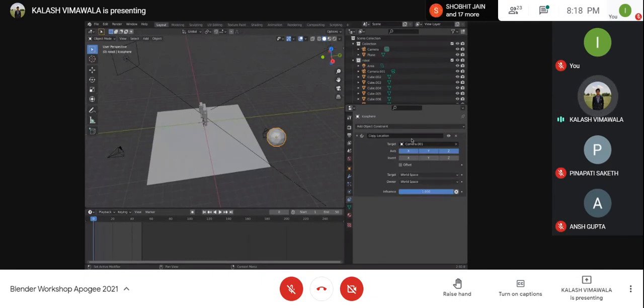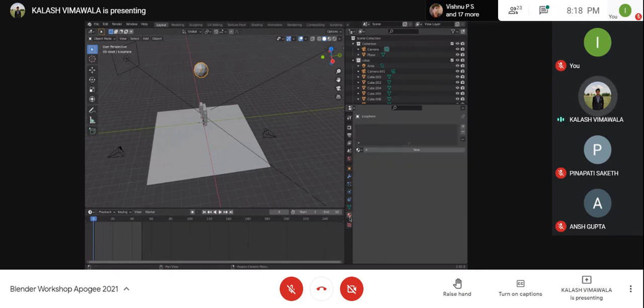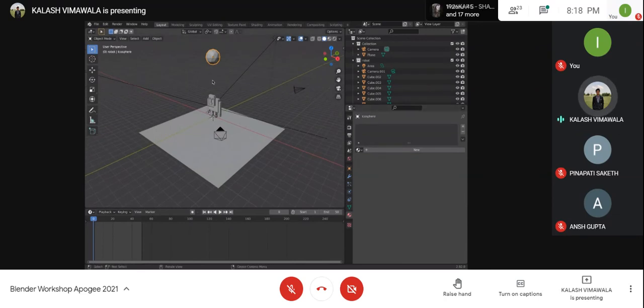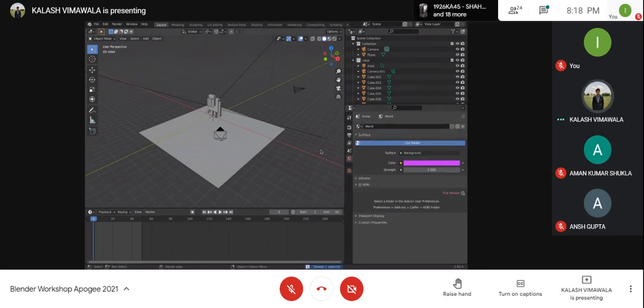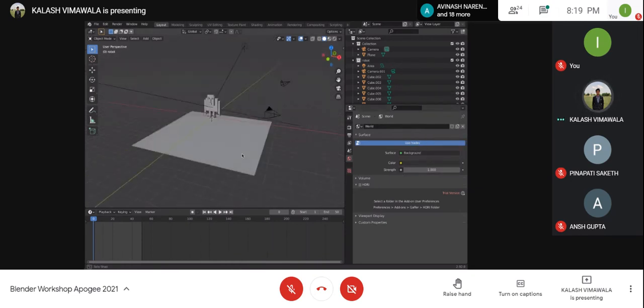Target, owner, all of these are multiple things that you could really learn later on. As I said, vertex groups, and these are the materials that you could add finally. There are many options through noding in materials as well that you could experiment with. All right, I'll give it a shade of gray again in order to render. You could also input a hex code into this if you have a particular hex code in mind for the background or any colors that you want.